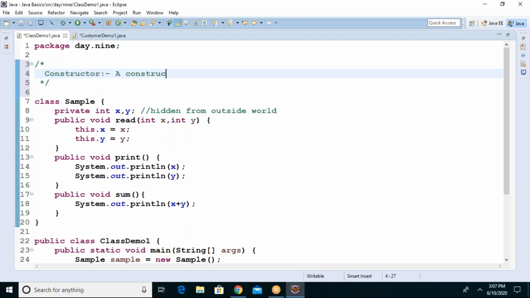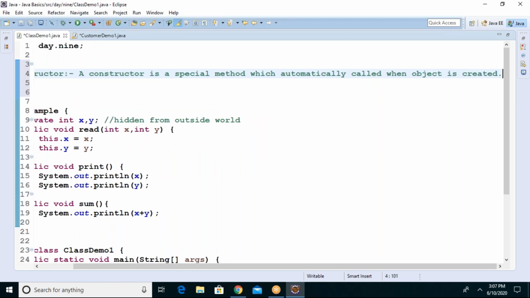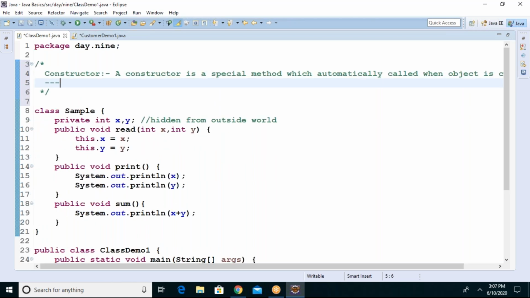A constructor is a special member function or special method which is automatically called when an object is created. When an object is created, that is what the constructor does.